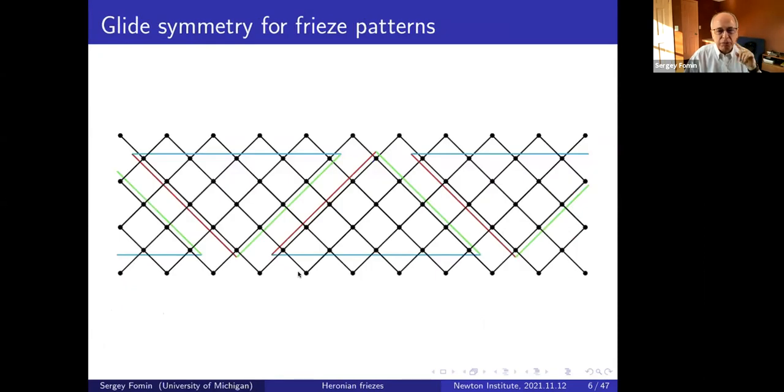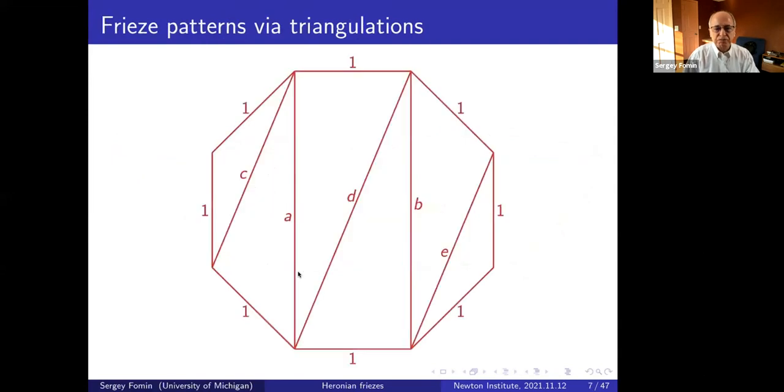Oh, sorry, before we even do that, there is even something better than periodicity, something called glide symmetry. The pattern that you see here gets reproduced in an upside down fashion within this triangle, and then again upside down here, which is a shift of the original triangle. And so you get this kind of shifted parallelogram. So you get periodicity, but you get even something better, which is called glide symmetry. Okay, so why do we have this? Well, like I said, it can be explained via triangulation.